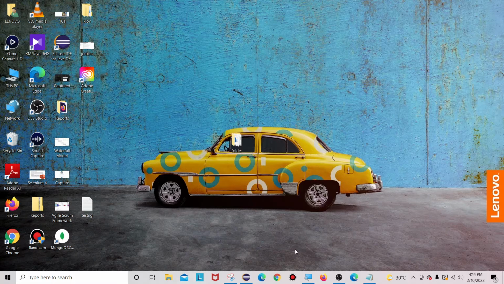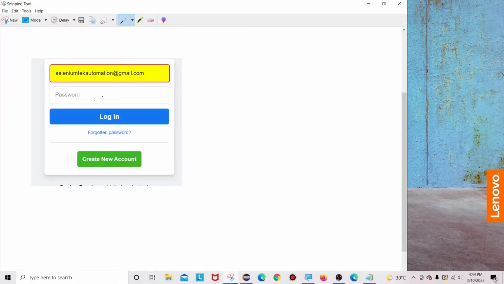So, how to highlight web elements in Selenium? As you can see here, one image. Here we have a username field, a password field, a login button, a forgot password link and a create new account button. You can see the first field, the username field, is highlighted with yellow color. Likewise, I want to highlight the password field with the same yellow color or a different color, and also for buttons, if I want to highlight with some different color,